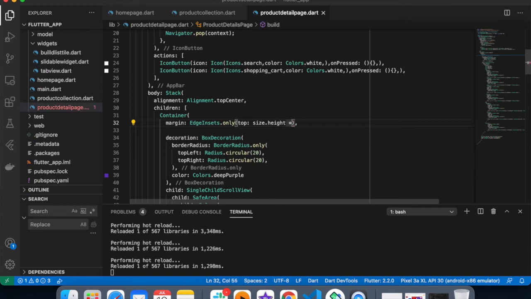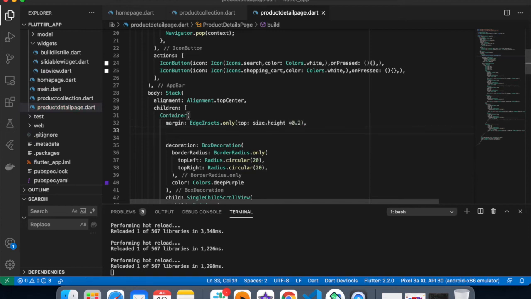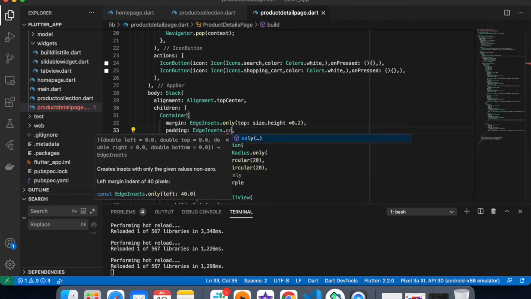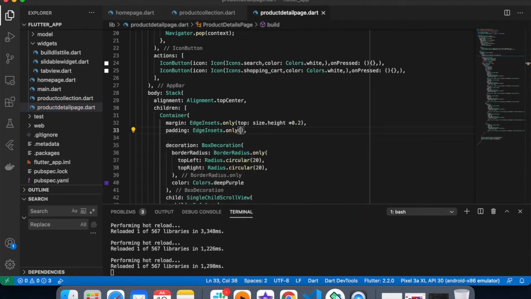So I want 20% of height to be taken by this, and I also need to give the padding. Basically, I'm just giving the margin for how much size it is going to take.